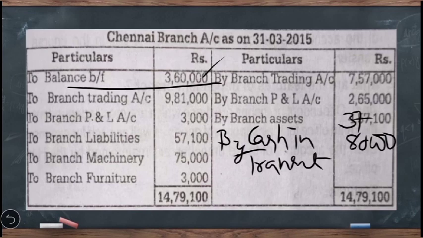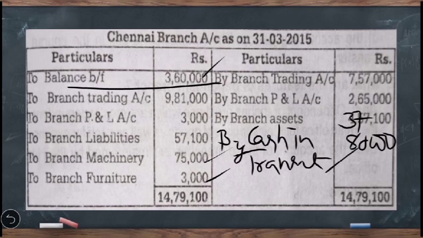After that, we have to post the adjusting entries. First adjusting entry was for charging the depreciation on branch assets where the assets accounts are maintained in the books of head office. We had charged the depreciation on branch furniture and machinery. So the entry there was branch account debit to branch machinery account and branch furniture account. Then the next adjusting entry was for cash in transit. The entry was cash in transit account debit to branch account.